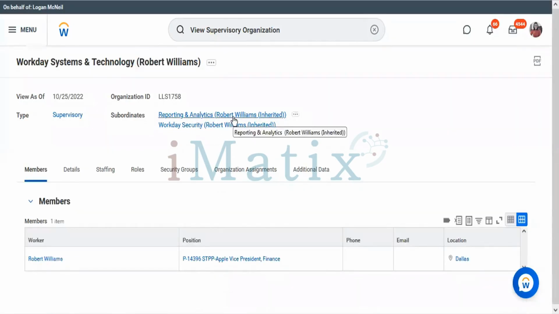The other thing is location. Whatever location you have assigned here will automatically be inherited if you don't provide any other location. And similarly, staffing model. Whatever staffing model, position management or job management, that you select here, the same will be inherited here. The other thing, org assignments. Non-supervisory organizations, company hierarchy, and company cost center hierarchy will be inherited if you assign them to a top level organization.